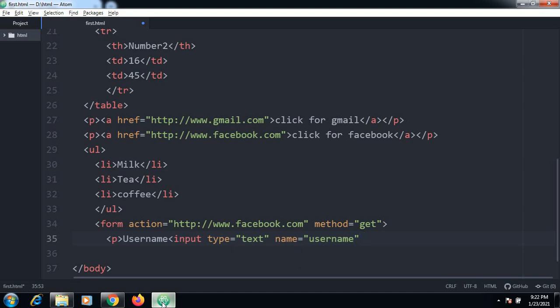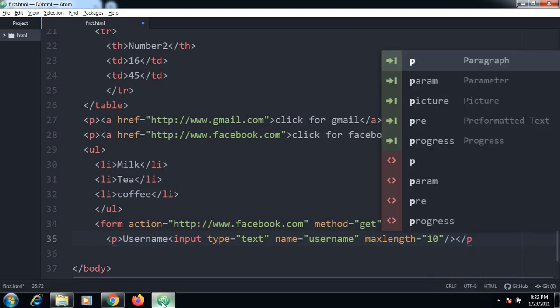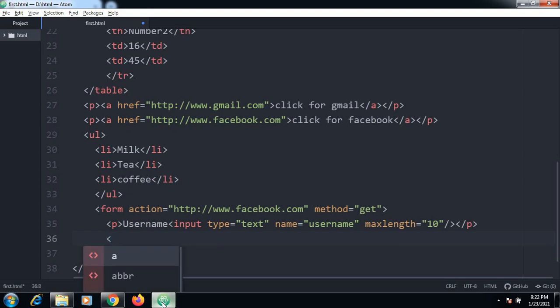And after this, this is the maximum length we can give, like something around 10. So this is the end of this tag. After this I will enclose this. I will end the form.